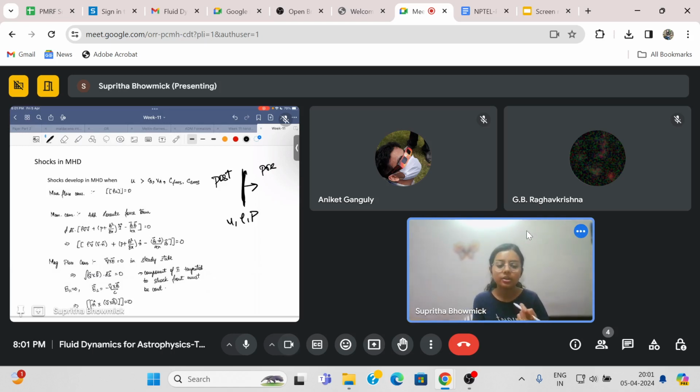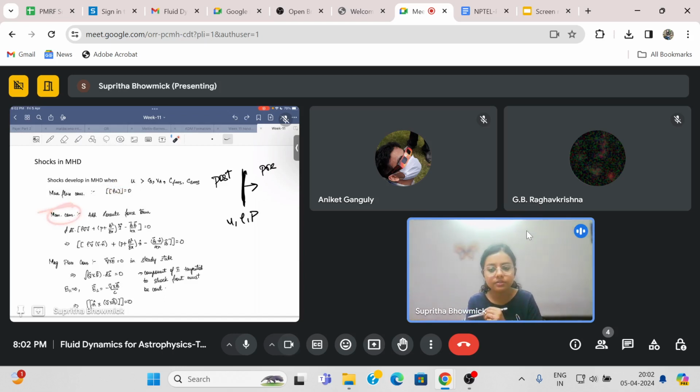They were related to the Mach number, which is the ratio to the speed of sound in the pre-shock region, I think. So this was done in your usual fluid scenario without magnetic field. You can do the same thing over here. There you'll once again consider conservation equations. You'll consider the mass flux conservation like this, where you equate rho u across the shock front in the pre and the post shock regime.